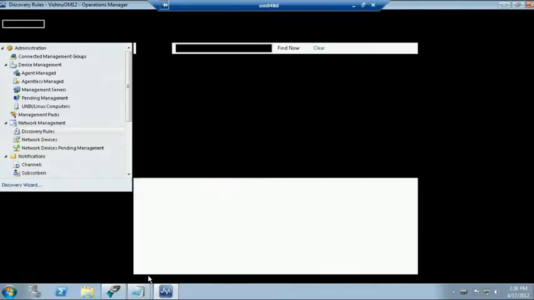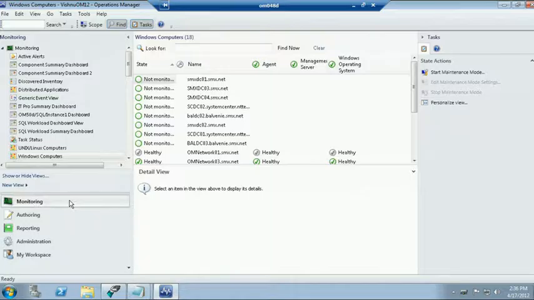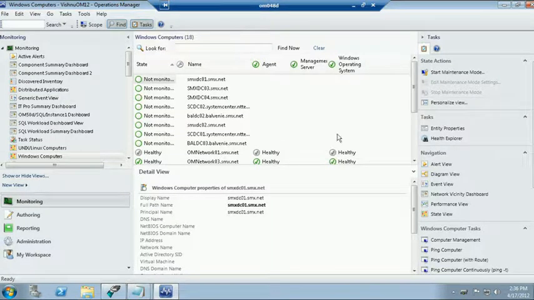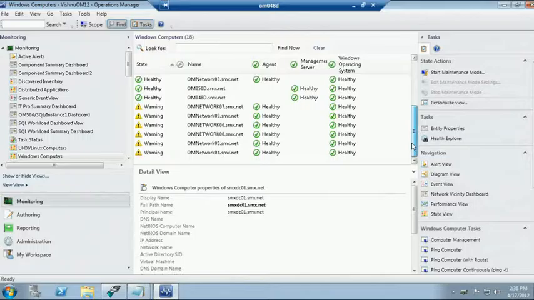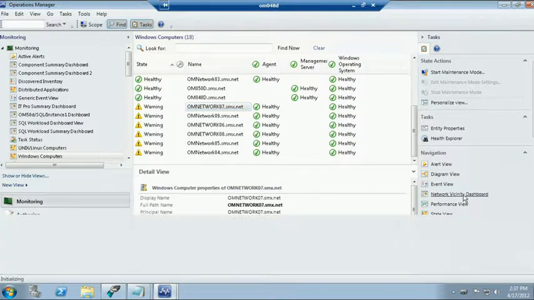Bring up my console here. So now, if you go to monitoring and just look at Windows computers, you can just select a particular server. And on the action pane on the right, you'll see an option called Network Vicinity Dashboard. This is how we show you the physical connection between a server and your network tier. So if I bring this up,